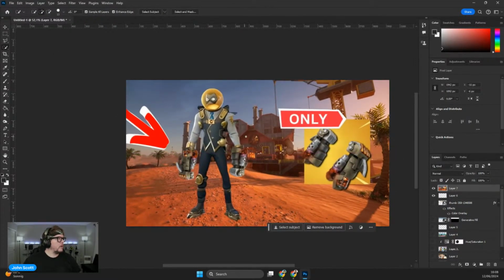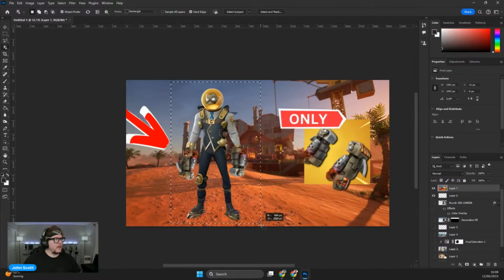So let's go ahead and grab this guy. Actually, I'll just use my object selector. I'm gonna grab this guy, and then I will blur the background to show you what I mean. We'll pop out the saturation just a little bit.